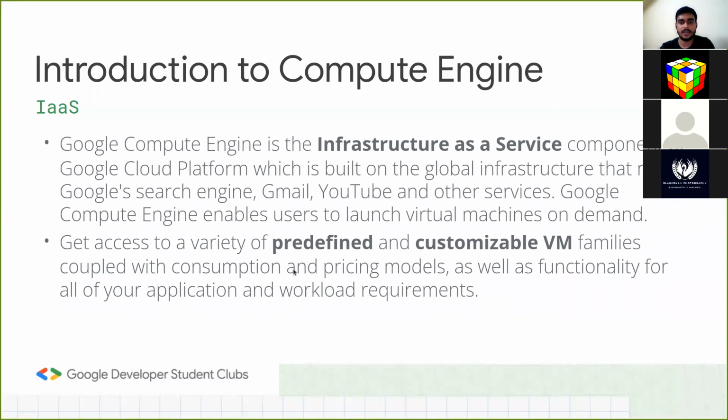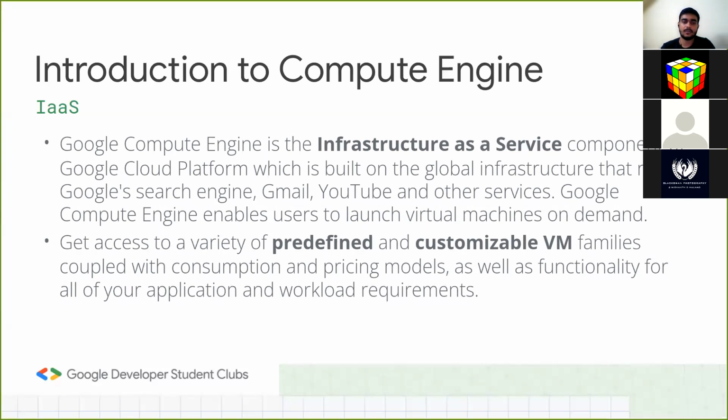So what I mean by predefined and customizable VM. Predefined VMs are some templates, like there will be a fixed operating system, or a fixed number of CPUs, a fixed amount of RAM, and hard disk. These templates are available, so you can see this option on your dashboard. And what are customizable VMs? The VMs where we select the configuration by ourselves are called customizable VMs.